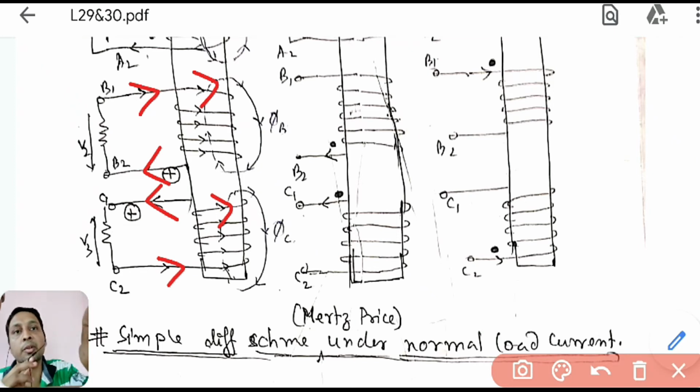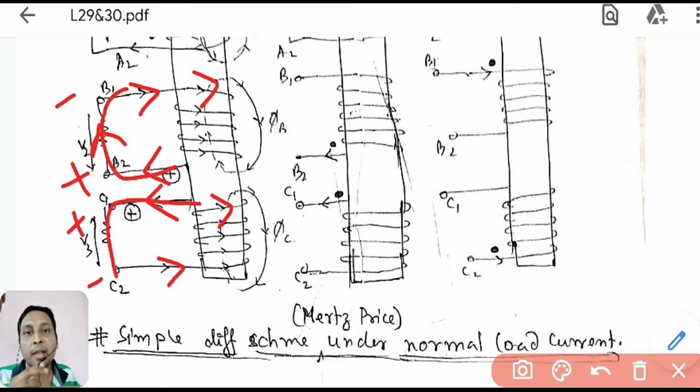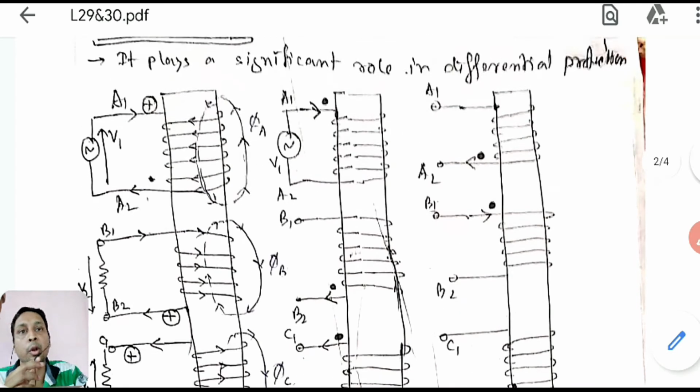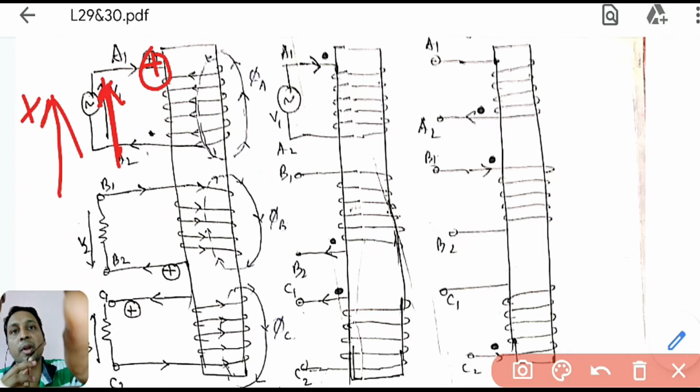Now you can mark the voltage also, because your current is coming through this and going through the resistor in this way, so this will be plus and this will be minus. And here, because your current is coming this way, this will be plus and this will be minus. If I denote only the plus polarities, that is also a way of dot convention. The plus polarity of A is here, because V1 is here. I have told you, if the voltage is marked in this way, that means this is the plus terminal and this is the minus terminal. So this terminal is marked as plus, and here also the voltage is in this way, so this terminal is marked as plus.